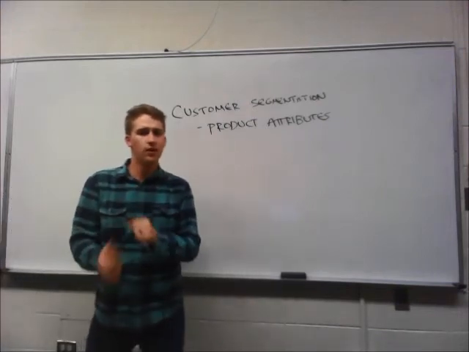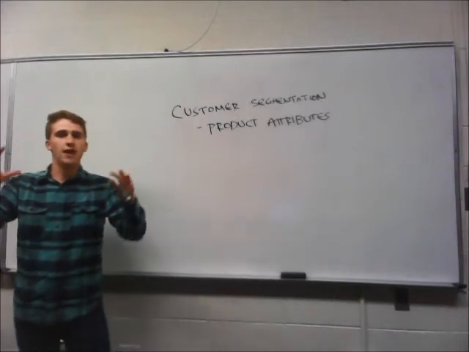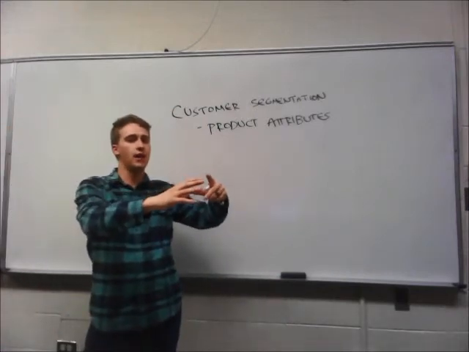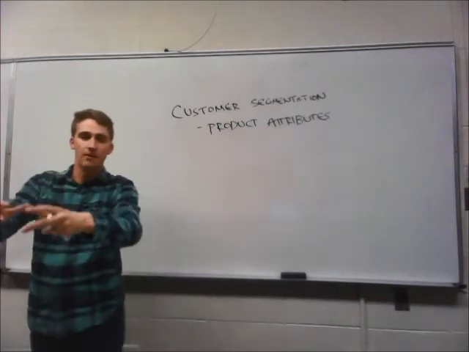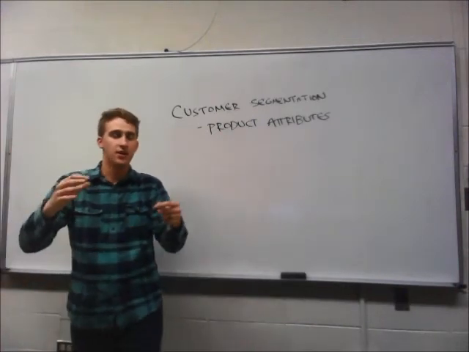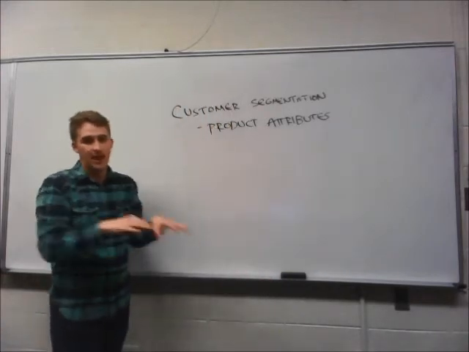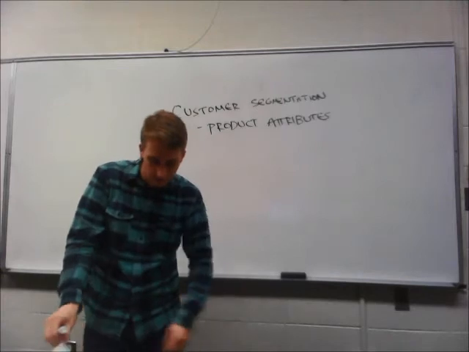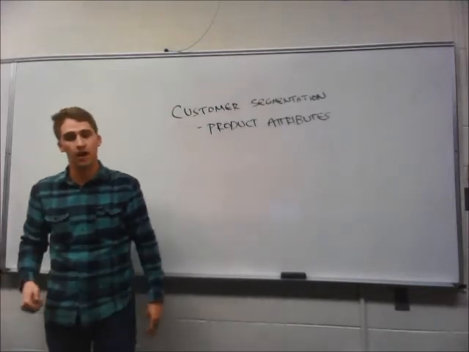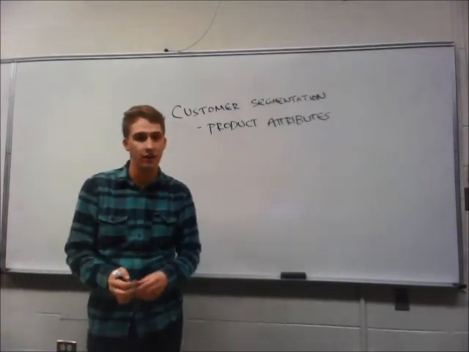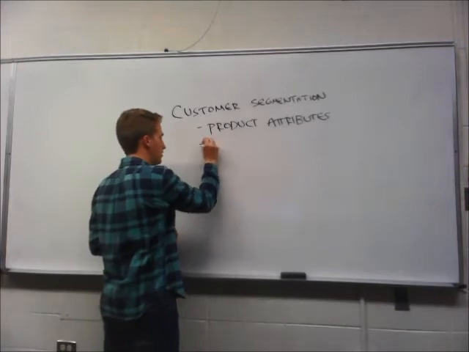If you're a car company marketing cars, you would have a segment of customers that care most about fuel consumption, a segment that cares about how cool it looks, a segment that cares about how fast it goes. So you segment your customers into these different groups and then figure out what each one wants more, and then you'd be able to differentiate your product based on that. The second one,